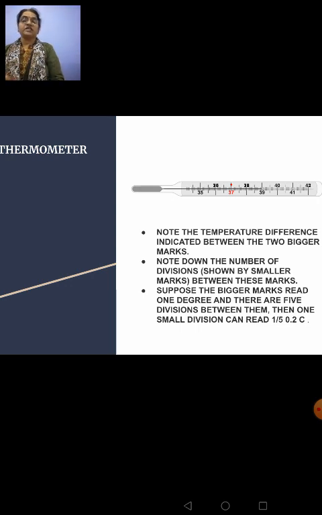See, there is a kink there. The kink will not allow the mercury to fall into the bulb. Okay, this is the structure of a thermometer. It consists of a long, narrow glass tube with a bulb at its one end. It has got a scale with readings on it.